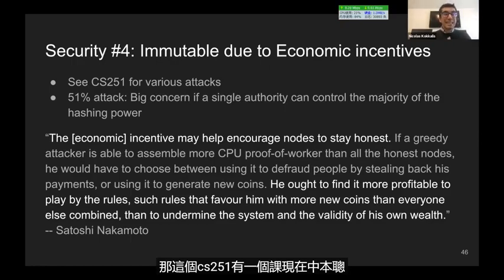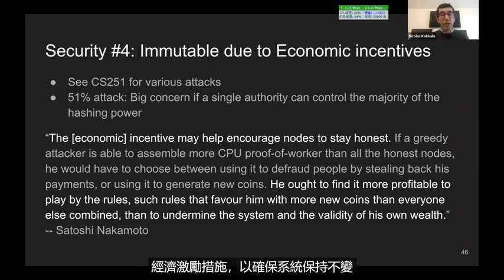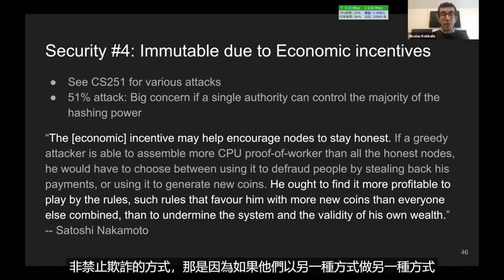Now, what Satoshi Nakamoto said early on in his prediction about Bitcoin was that this actually could be protected if you look at the incentives of people. Having someone gain 51% of the hashing power of the whole world that is mining Bitcoin is a very expensive operation. So this entity has an economic incentive to help make sure that the system stays honest. The system continues producing blocks in a non-malicious way, no fraud.